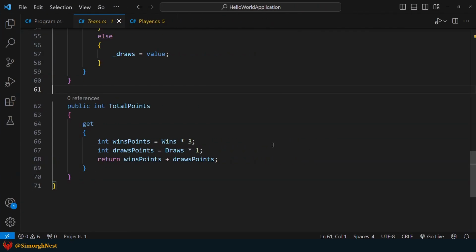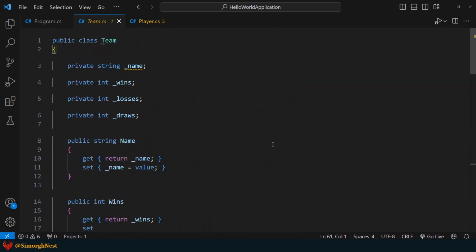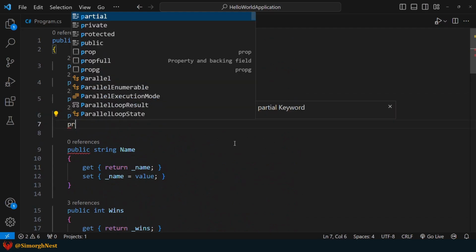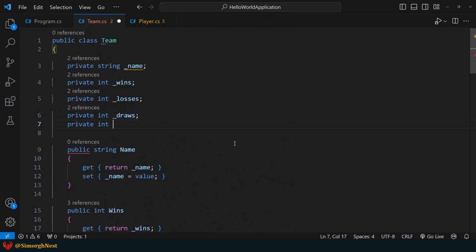Actually, in the team class, we have a property called total points, which is more complex compared to the full name. To improve performance, we can cache the calculated total points value in a backing field. Let's start by declaring a backing field or a storage associated with the total points property.